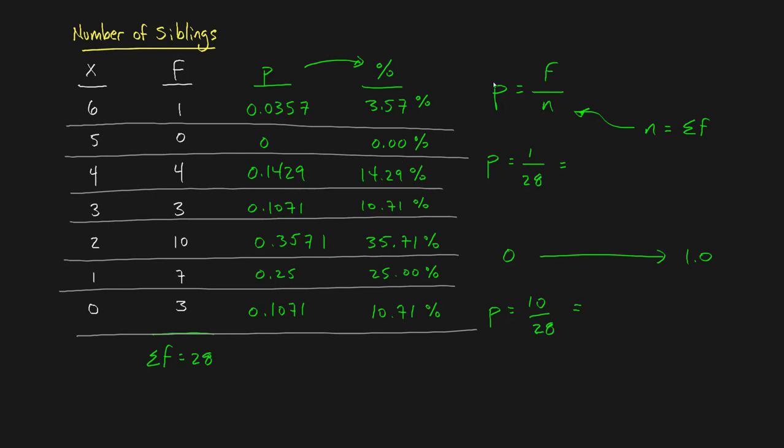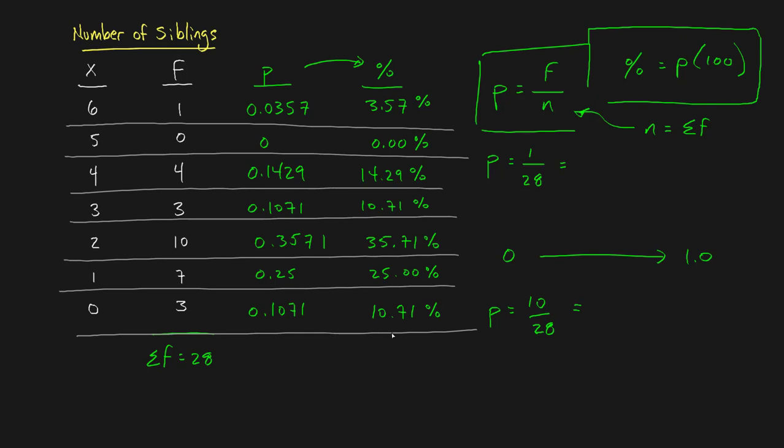So that's how you find proportions. And a percent is just equal to a proportion times 100. So these are the 2 formulas that I made use of to fill out these 2 columns here on the